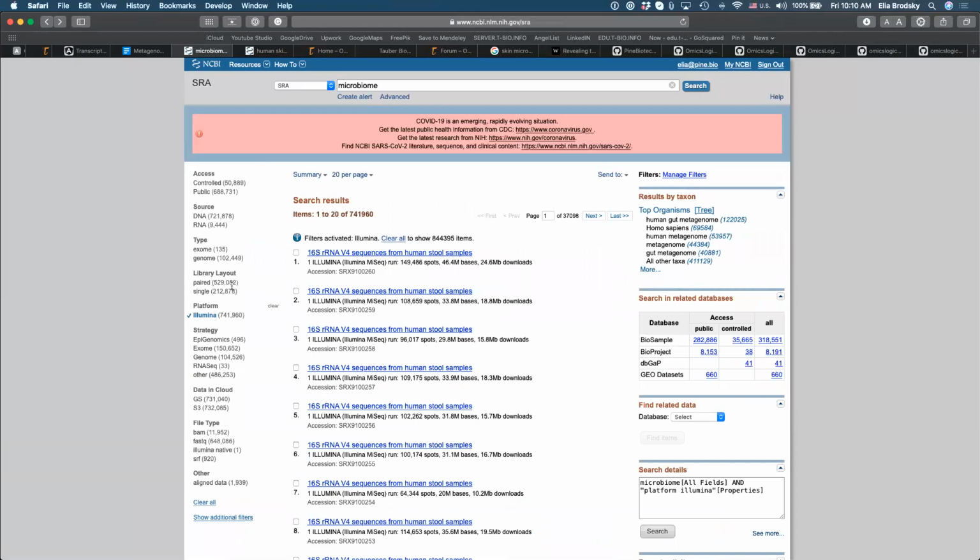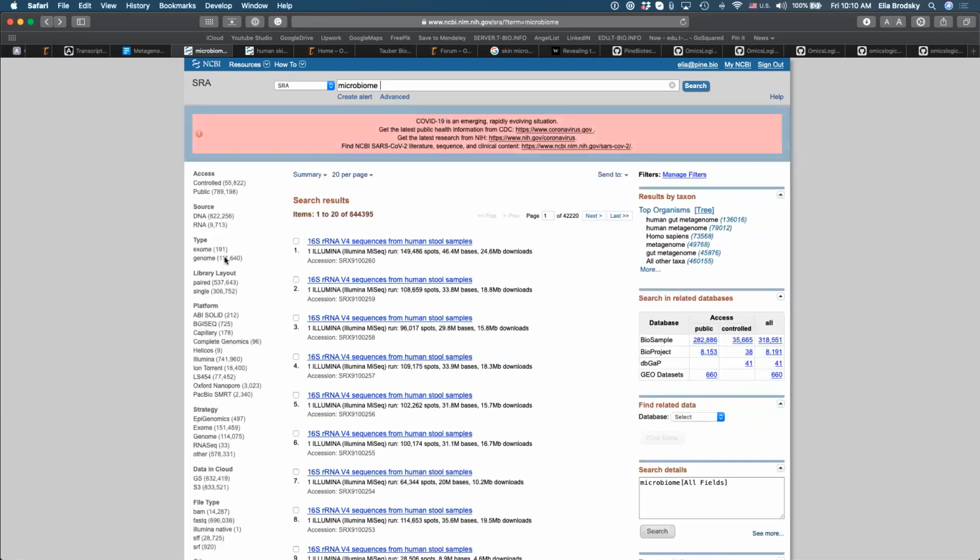But in some cases, that's one way that you can find those. And also, before you get to this place, you can also look for, let's see. And JDeb, are you looking specifically for 16S, the whole gene, or are you looking for whole genome or metatranscriptomics? What exactly are you looking for?